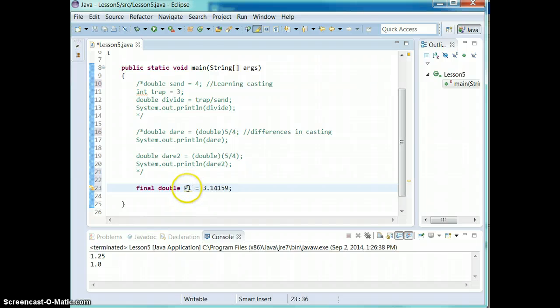And I made pi totally capitalized because one of the conventions with Java is for something that's going to be a constant, we just make it all capitalized. So I'm going to come out to the side and put a comment called creating constant using final. All right, so if you try to make pi equal to something else, so say like pi equals 3.5,